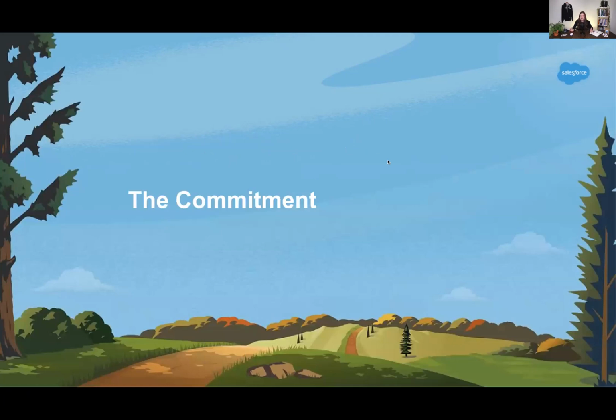All right, so the commitment. So far, the job is sounding pretty good. But what is the commitment to actually get the certification? What do you have to do? How much effort is required? These are all really fantastic questions, which are absolutely worth considering before you commit to a certification, because the reality is that it's not easy.